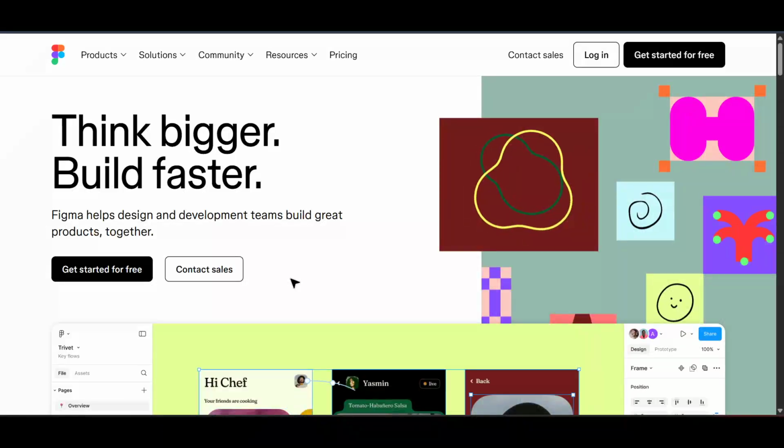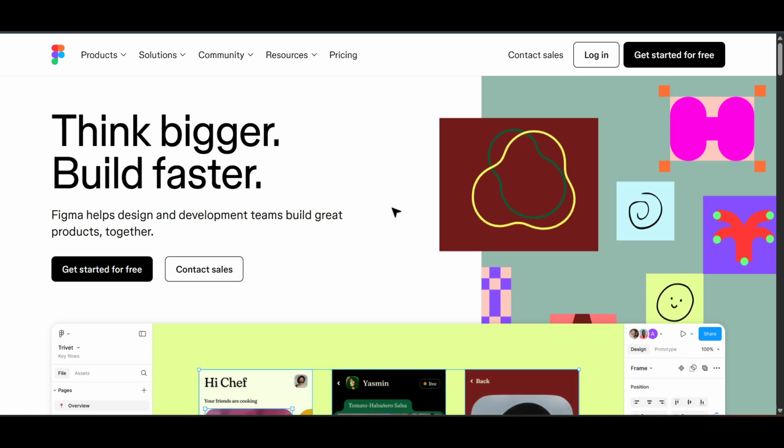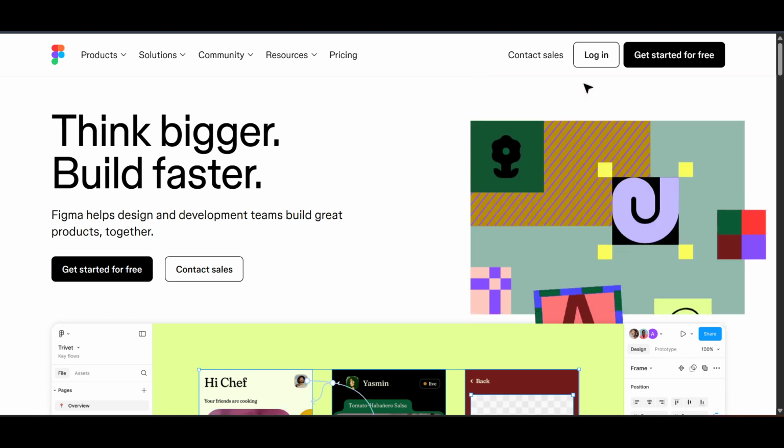In today's video, I'm going to teach you how to create amazing carousels using components in Figma. This is part one of our series, and it's designed to get you up and running with creating dynamic carousels that will enhance your design projects. Let's dive in. First, open your preferred web browser and head over to Figma's website, which is a fantastic tool